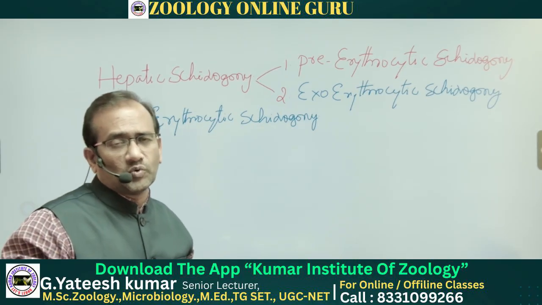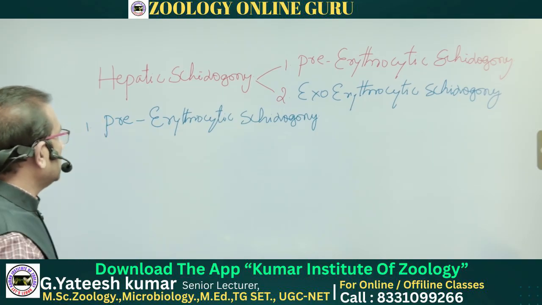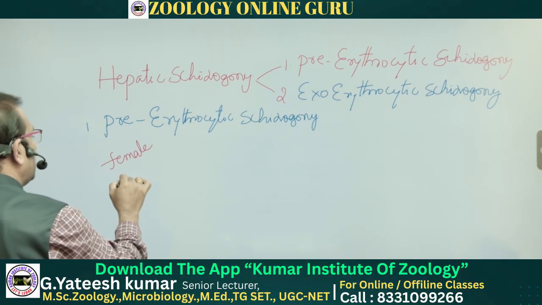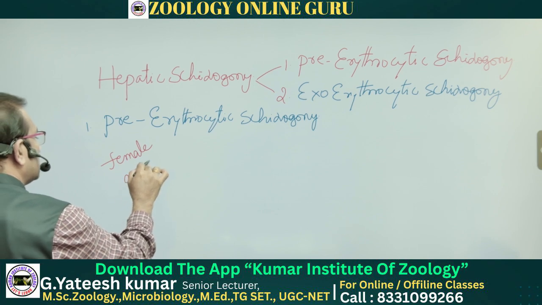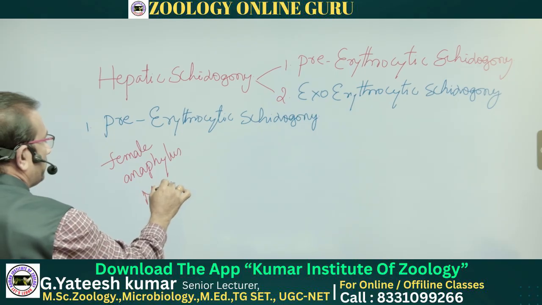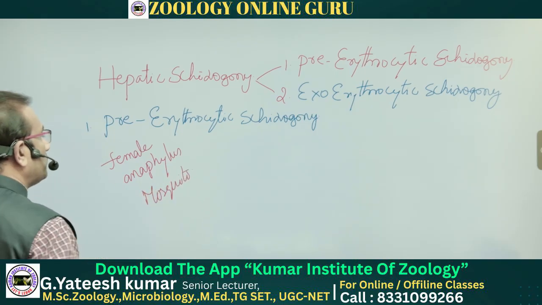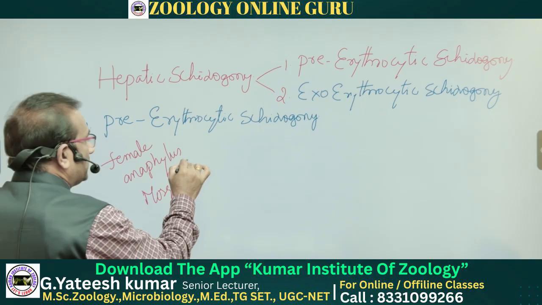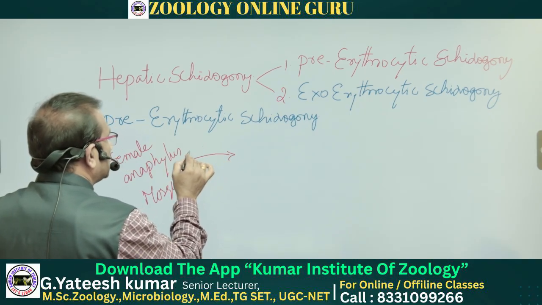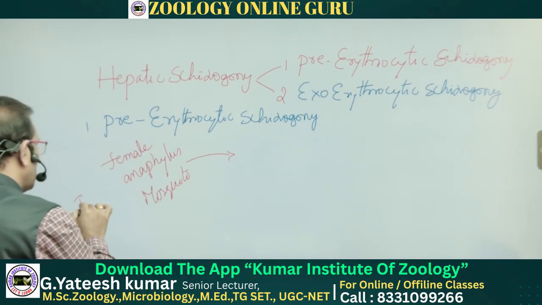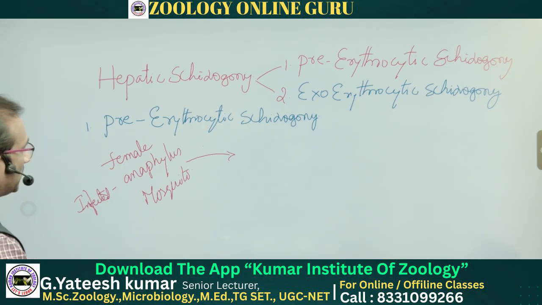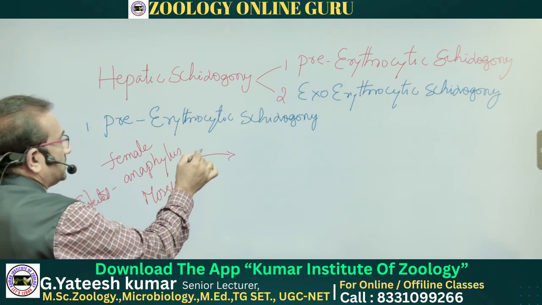Here is the female Anopheles mosquito with sporozoites. This is the infected female Anopheles mosquito. When it bites